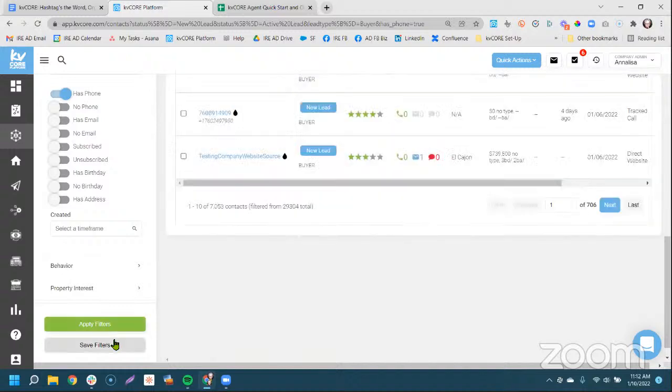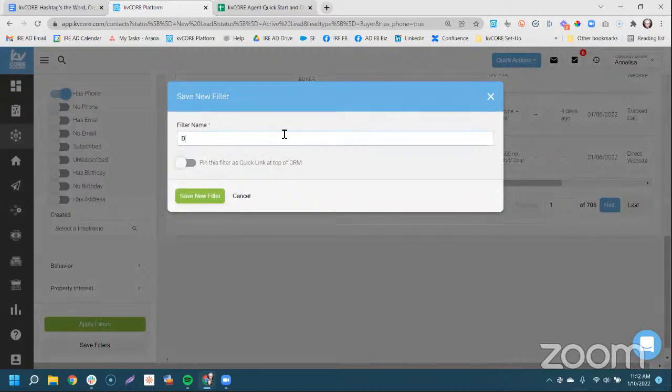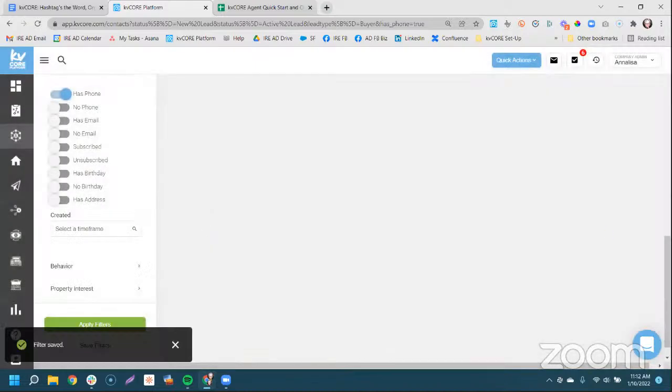And at the same time, I'm going to save this filter. And I'm going to call this my new, maybe if the spelling is key, my new active buyer dialer. And if I want, I can actually pin this filter as a quick link to the top of my Smart CRM, or I can just omit it and just still build the list, the filter, just by clicking save. So either way, you can either pin it across the top or just save it without pinning it, but it still saves the list for you.